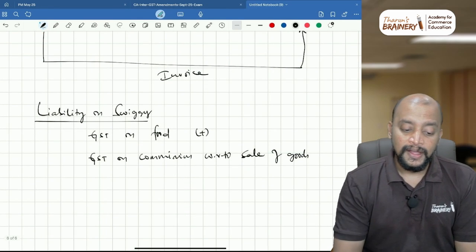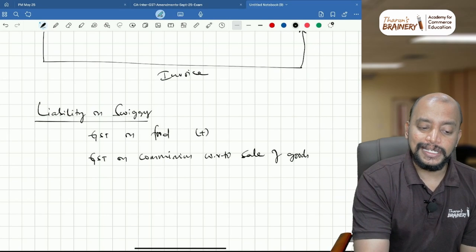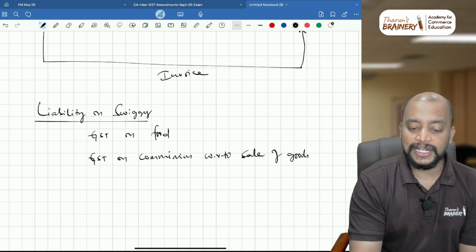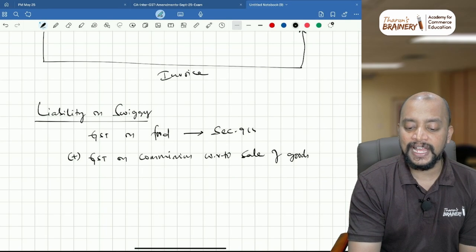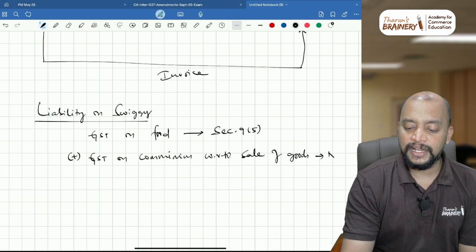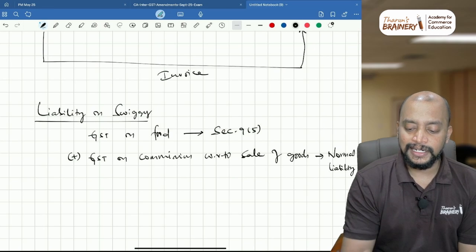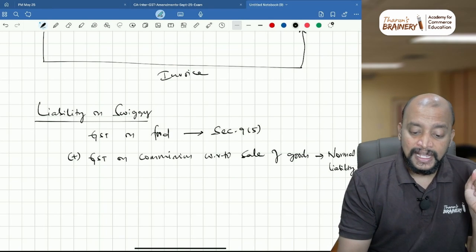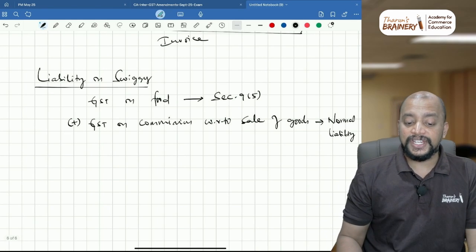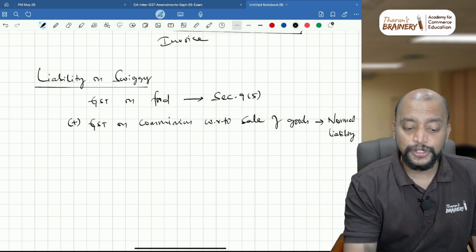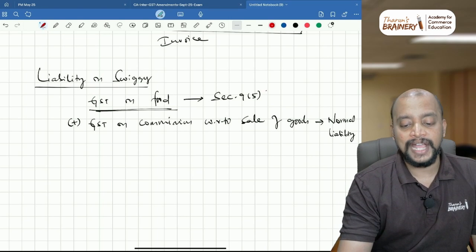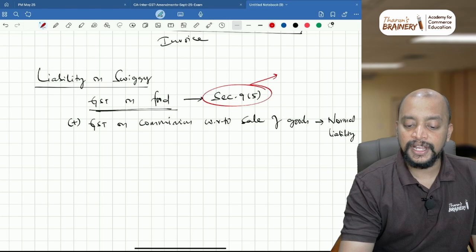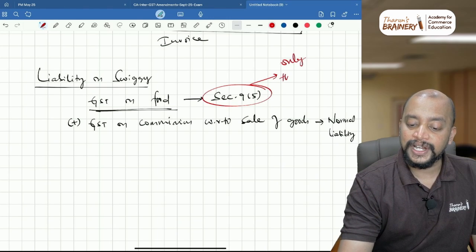Now listen. This GST on food is covered under section 9(5), correct? This GST on food is covered under section 9(5) liability, but this will be normal liability. Now here, sir, can they use ITC for payment of GST on food? No. This has to be paid only through cash ledger. So this 9(5) liability only through cash ledger,